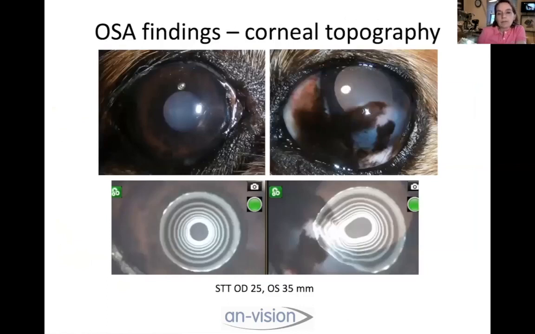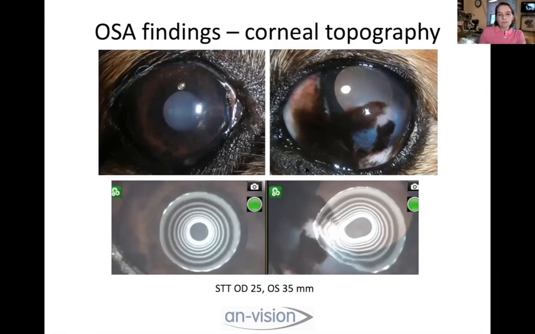When you place the placido rings on the right side, you can see that they are evenly distributed and nice and round. So we're not talking about the tear breakup time at the moment, which is also reduced in this case, but we are talking about the topography, and you can see the distortion. And you can imagine that the problem for this keratitis is that the dog has a ruptured or lesioned medial rectus,